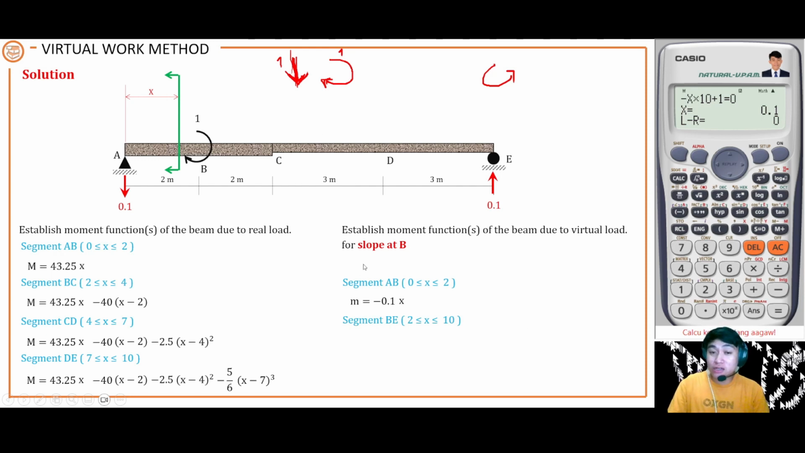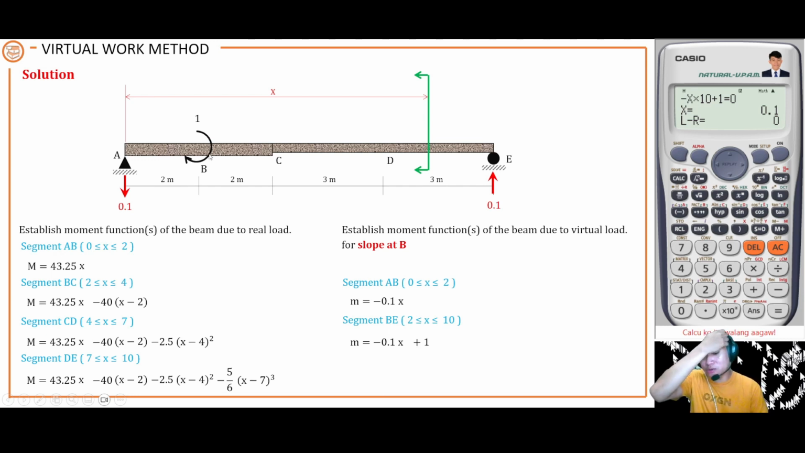For segment BE, your value of x is now limited only to 2 to 10 meters, meaning you can only substitute 2 to 10 meters here. So let's take a moment about this cutting section. We have negative 1 times x and then a clockwise moment, so that is plus 1. You don't need to put a distance for a moment. So this is your moment function for segments AB and BE, or your whole beam subjected to